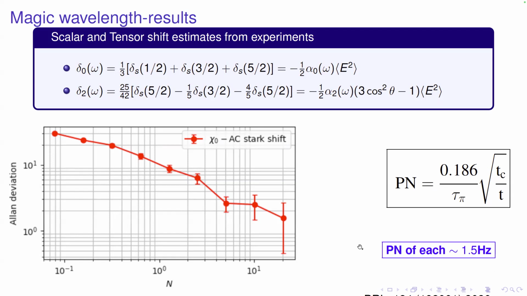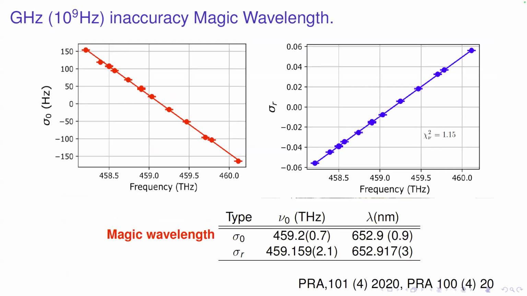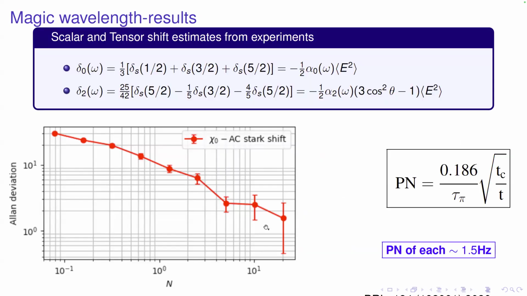Once I find my projection noise and confirm that, then we do the frequency measurements. On top of that, when we do data analysis, there are tricks we have to implement. There are two terms I explained in the Stark shift: one is the scalar shift and one is the tensor shift. These two terms are proportional to the electric field E squared, as you see in the expression on the right side. So if I take the ratio of these two, I can cancel the intensity noise, because the E squared terms cancel, so my intensity noise is common and cancels out.